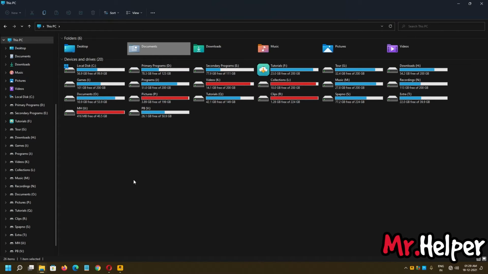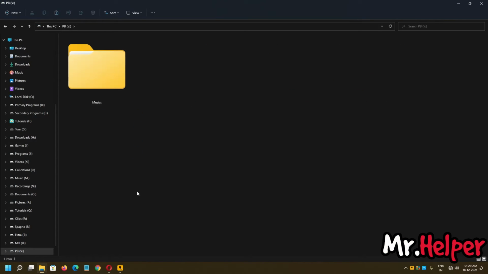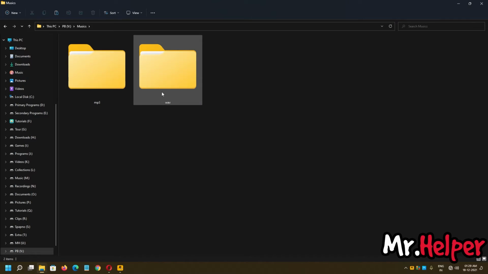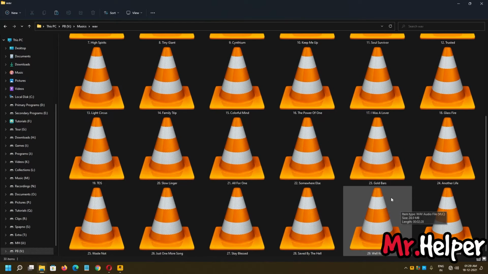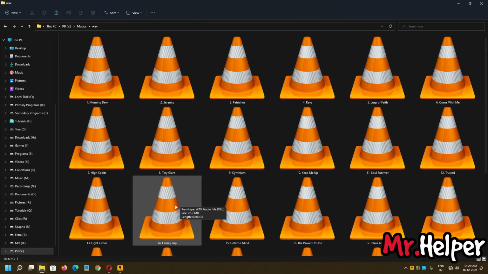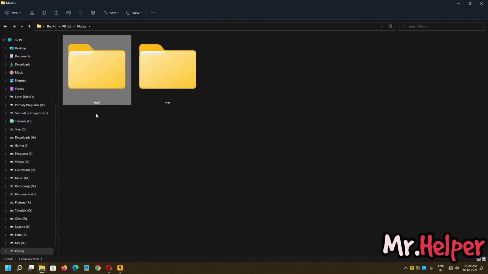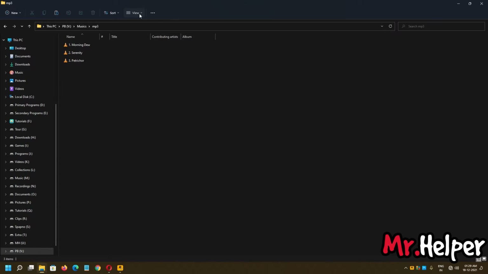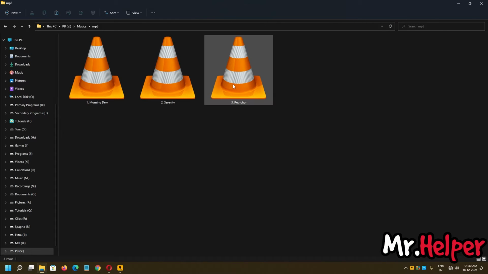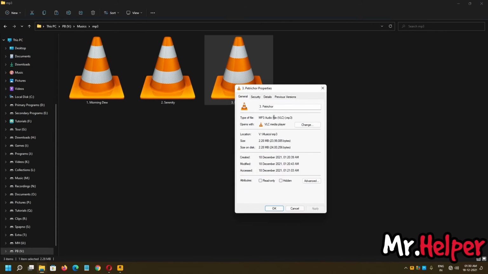So the easy way to do this is, first of all, convert all your music to .mp3 format, as I explained before. Once you converted it, create a folder named whatever you want. It's not that important. Just create a separate folder and inside that, paste all your music. Please make sure that you are having all the music in .mp3 format.